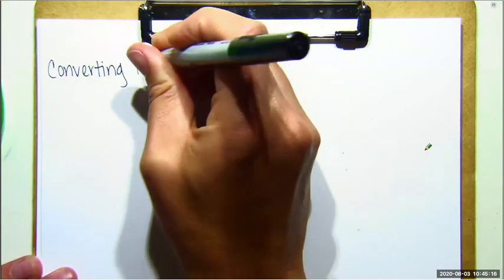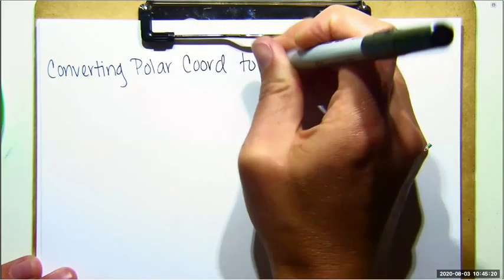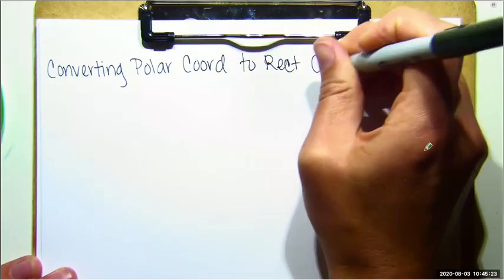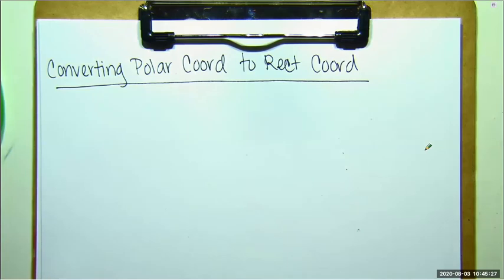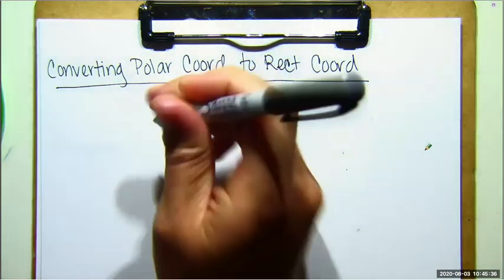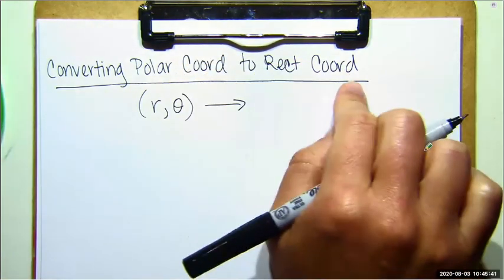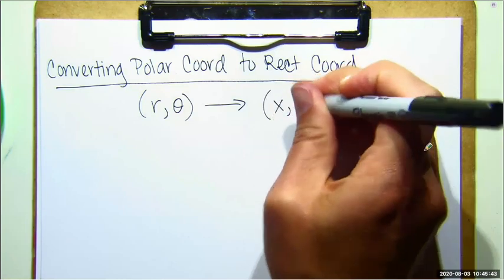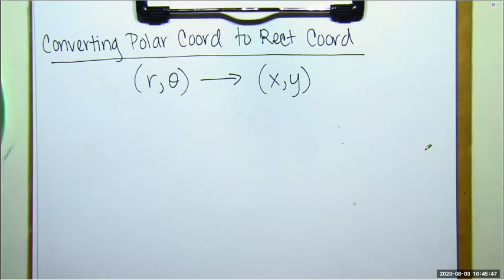So first we'll do converting polar coordinates to rectangular coordinates, and then we'll do the other direction. Okay, so we're starting with polar coordinates, so that's r comma theta, and our goal is to convert this to rectangular coordinates, that's x comma y. Okay, so what we're gonna do is together we'll come up with these formulas of how to do this, and